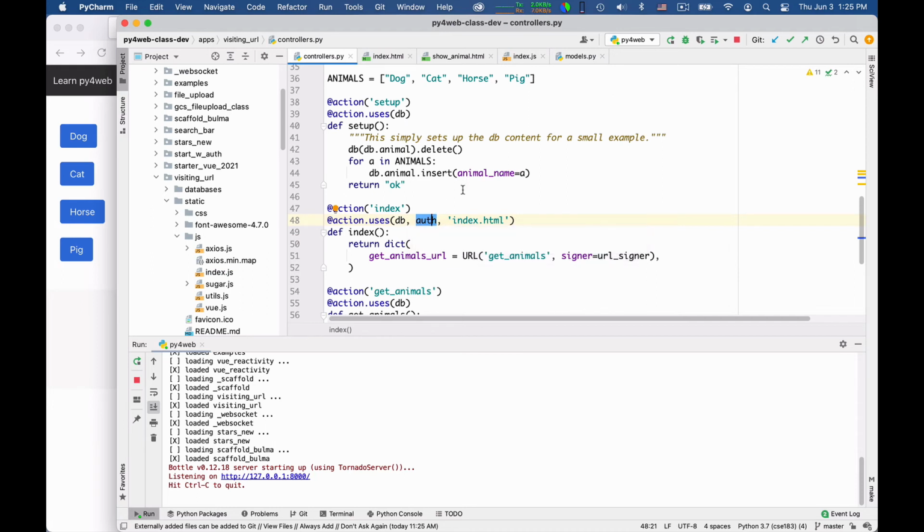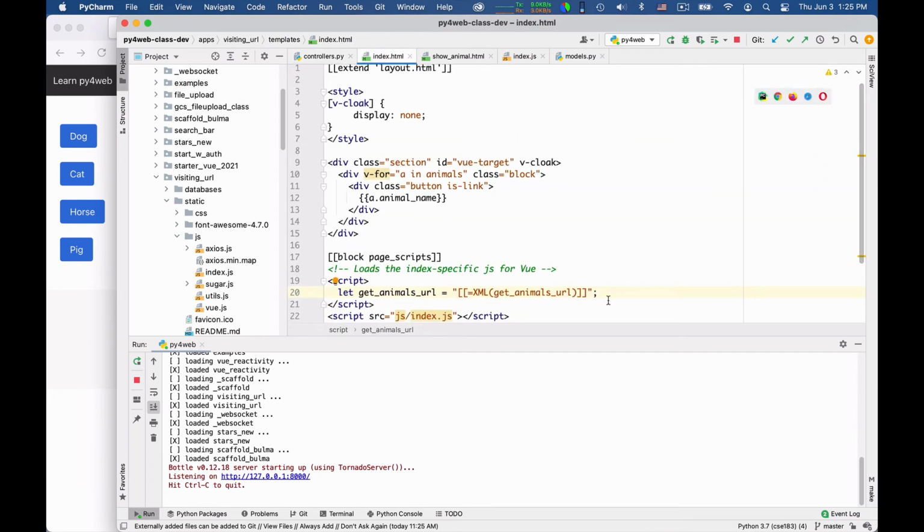Finally, let me mention one more solution. This solution is not as good as the previous ones, but I want to mention it for the sake of completeness. So let me essentially define let showAnimalBaseURL. So this is a basic URL without the animal ID, in which I say something like it is equal to the URL helper for show animal. Okay, and I leave out the animal ID. So this is just the base URL.